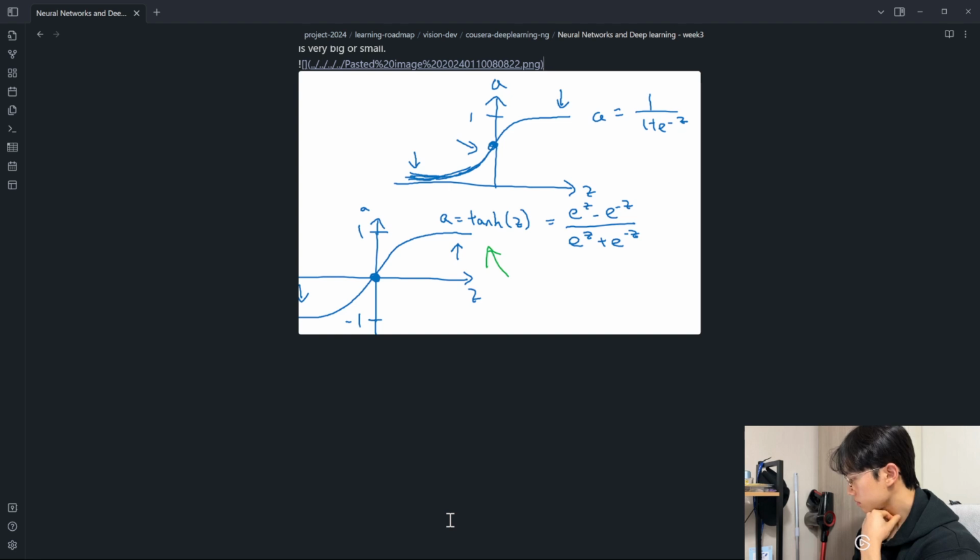So one other choice that is very popular in machine learning is what's called the rectified linear unit. So the ReLU function looks like this, and the formula is a equals max of 0 comma z. So the derivative is 1 so long as z is positive, and the derivative or the slope is 0 when z is negative. If you're implementing this,